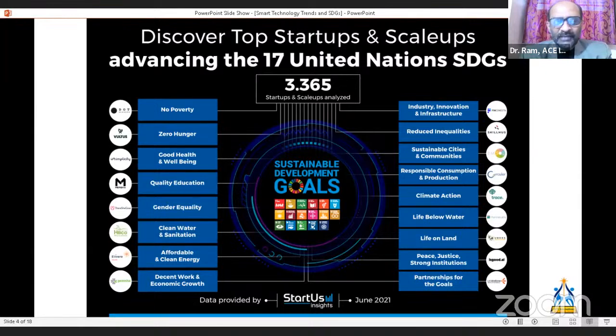Here, this slide discovers the top startups and scale-ups which are advancing the 17 United Nations Sustainable Development Goals.